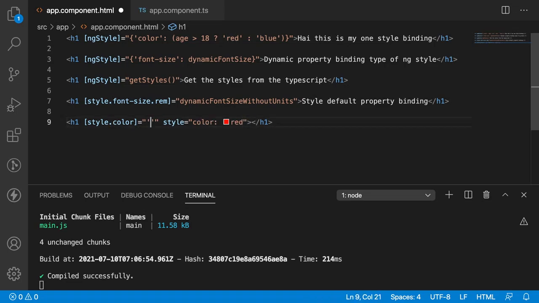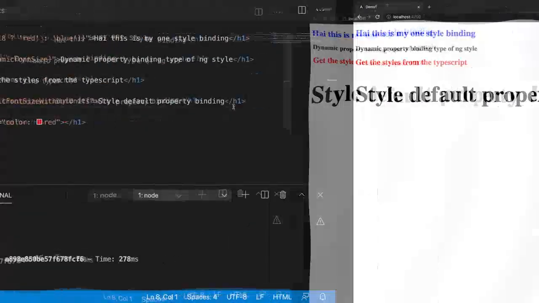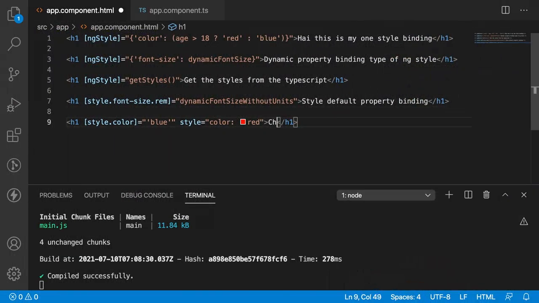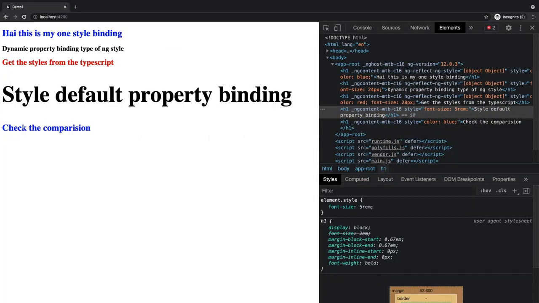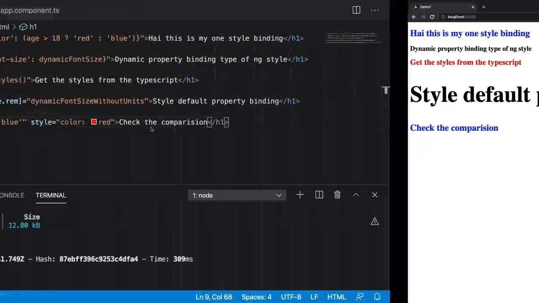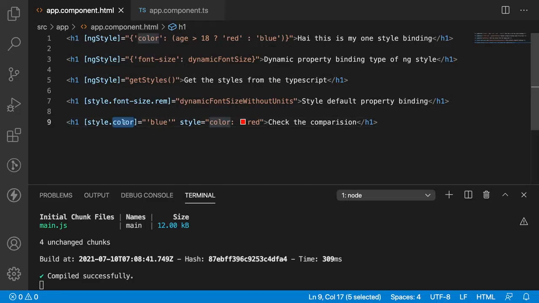So let me pass it as blue. So which one will it render, which will take priority? Save this, go back and write something in between. Check the comparison and save this. Go back. So see here, it is always taking the property binding as the priority. So whenever you are using a style with binding, then that will take priority over your style. So this is how the style binding works.